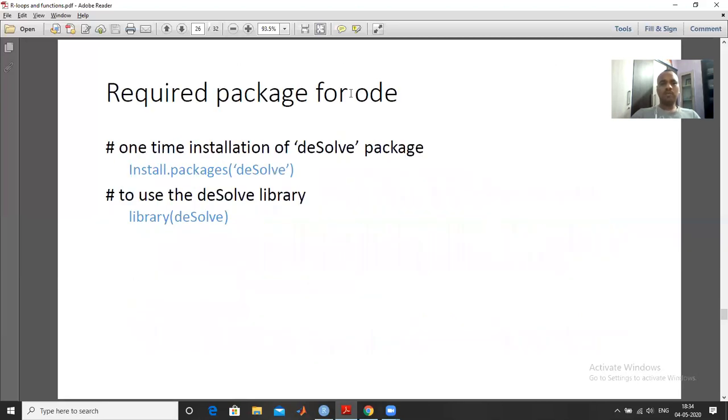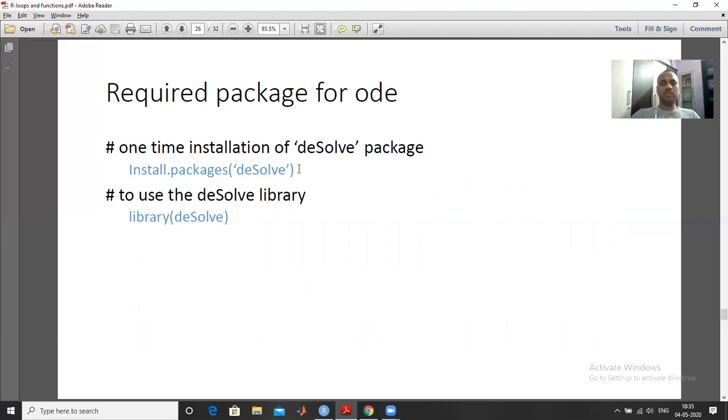We require a package for this ode function. For this, you have to install deSolve. This is a package, and you just have to copy this line and paste it. This is a one-time installation, meaning you do not need to install it again and again.